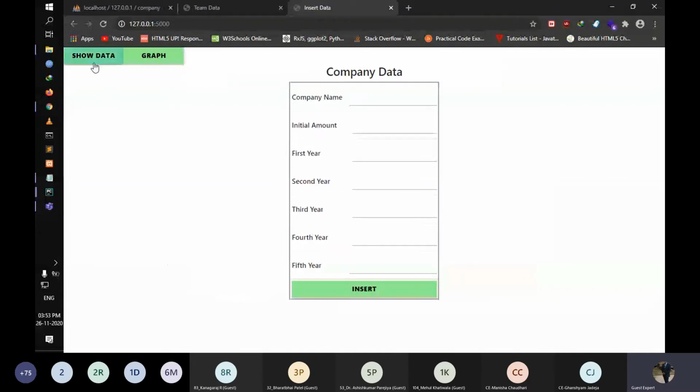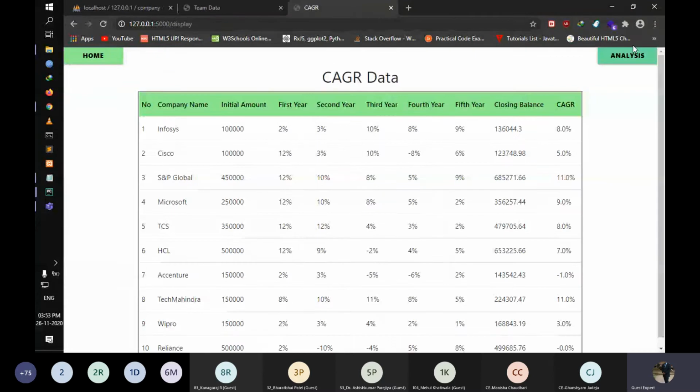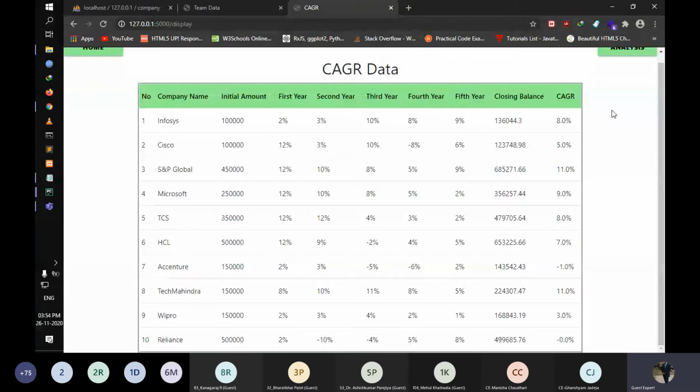So what were we actually trying to do? This is the table, the whole data we have to represent, which is stored in our database.